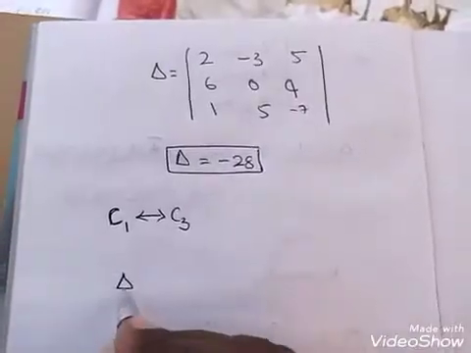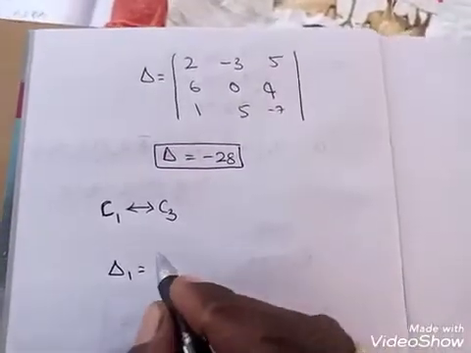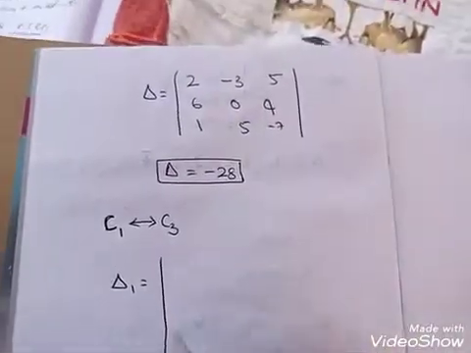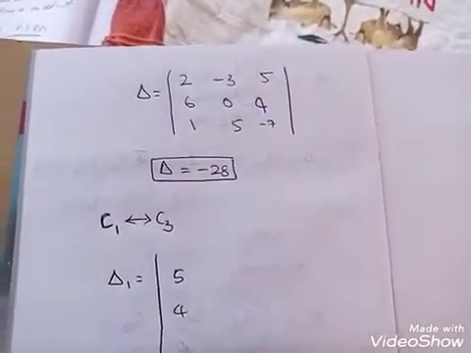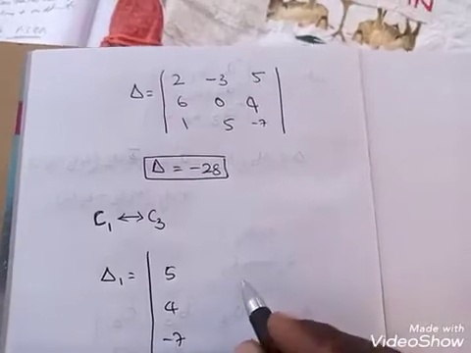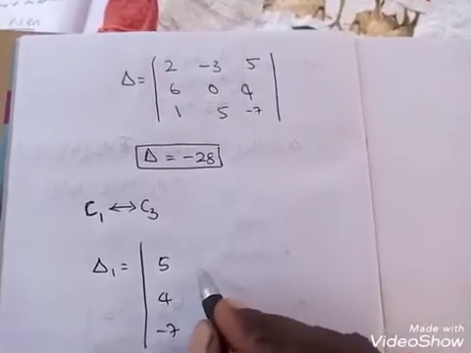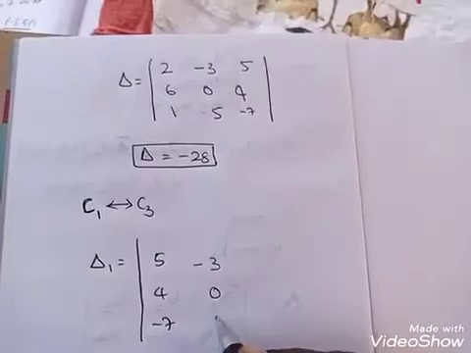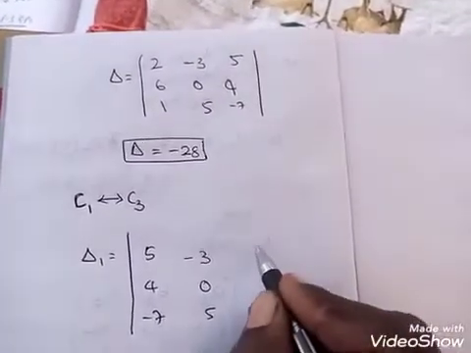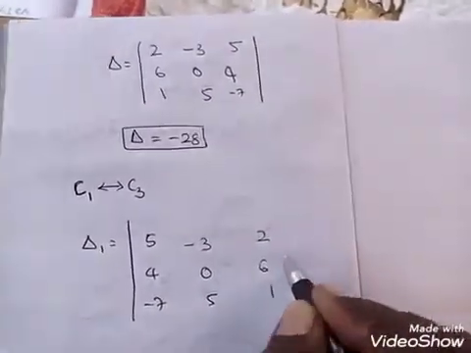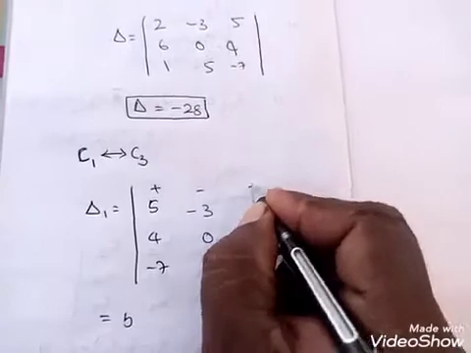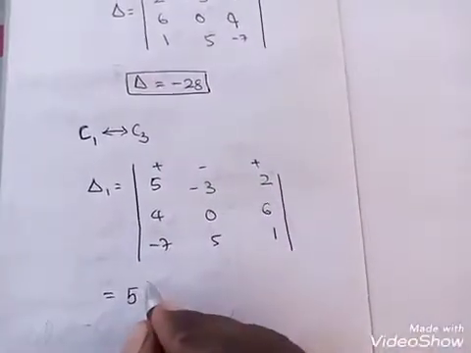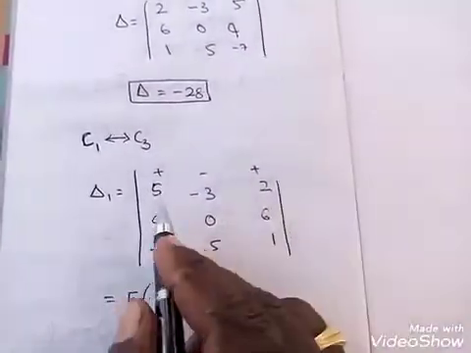Now what are you going to get, delta 1 is equal to, observe, column 1 interchanged with column 3: 5 4 minus 7, and column 2 as it is, minus 3 0 5, column 3 is now 2 6 1. Now we will expand with respect to row 1, that is 5 into, the signs are plus minus plus. Now plus 5 into what you are going to get, observe, remove this row and column, 0